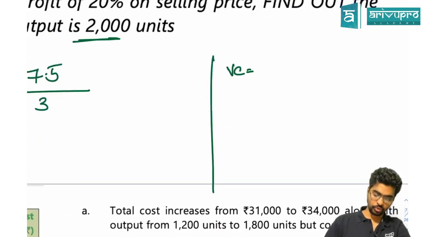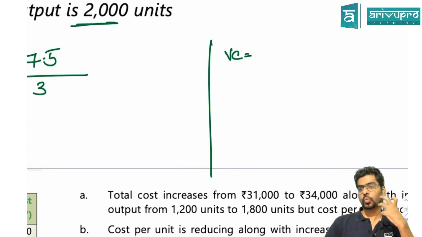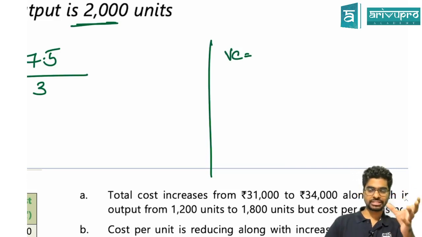Now, whenever it is a semi-variable cost, it becomes important for me to find out the variable cost and the fixed cost in it. There are different methods, but for your CA curriculum, we are okay if you can use the high-low method. Now, what is this high-low method? Just forget what the method is. Let's look into the formula and the concept behind it. I say high-low method or semi-variable cost differentiation method.